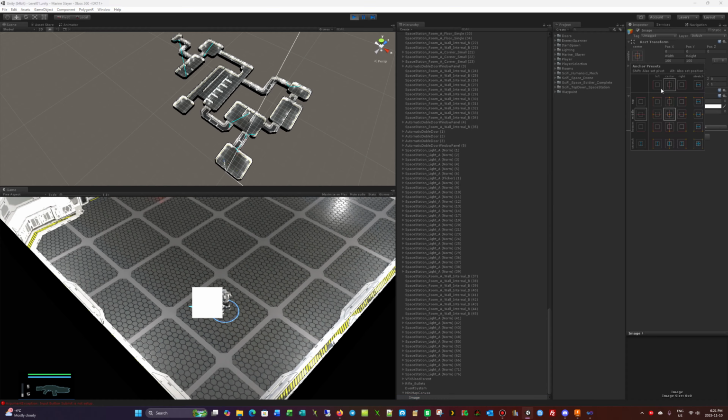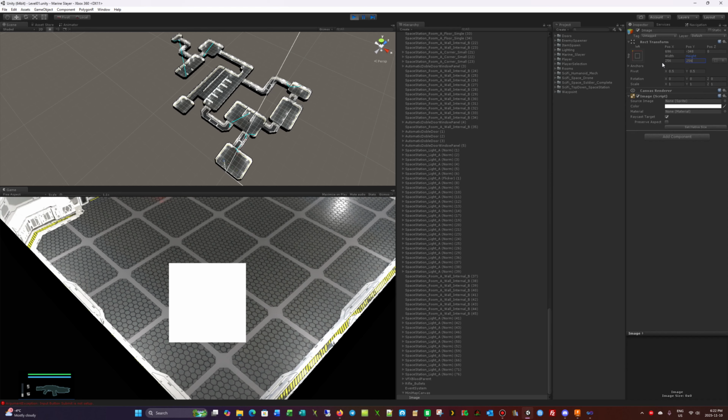So we do top left, and we want to position the minimap, but let's give it a size. So let's do 256 by 256,